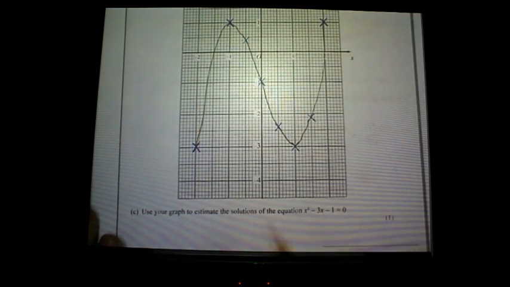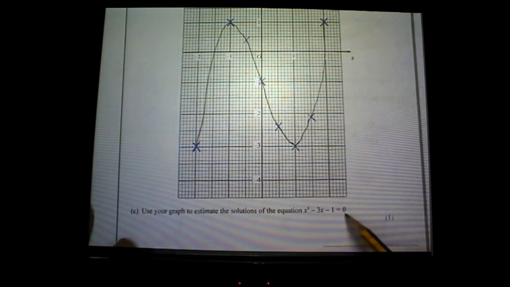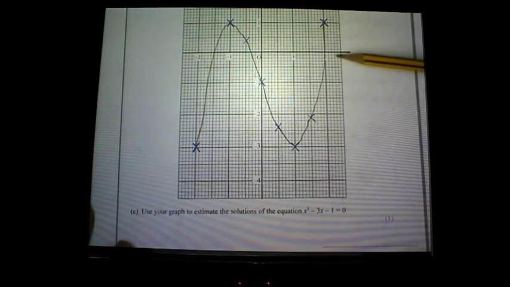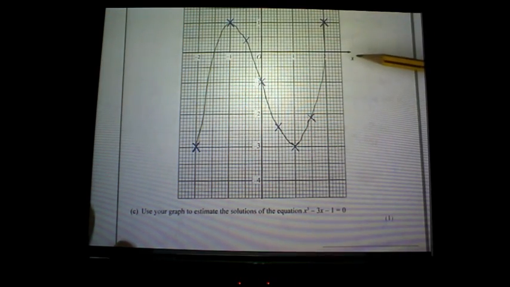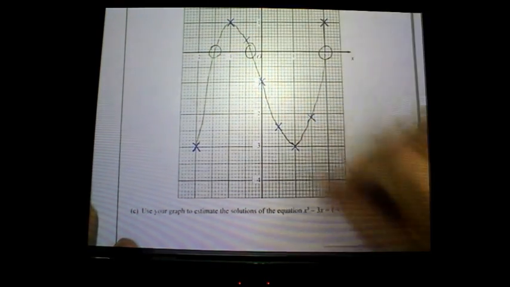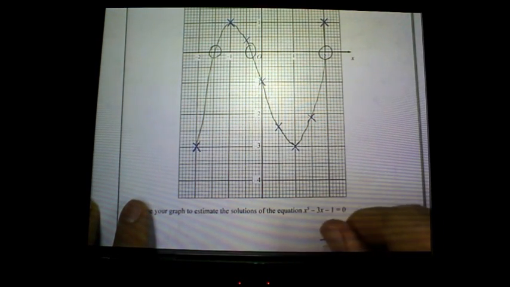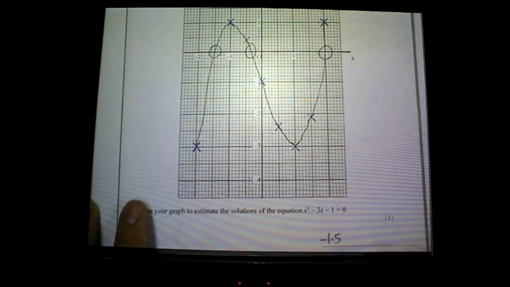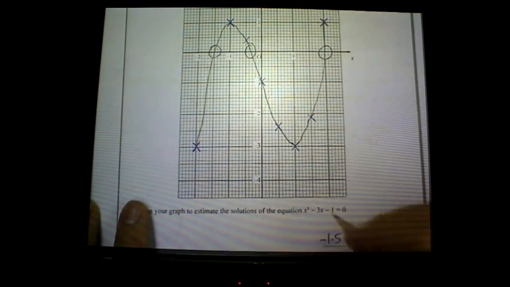Use your graph to estimate the solutions of the equation equals 0. When it says equals 0, it means where does it cross this y equals 0 line here, and it crosses it in 3 places, there, there and there. So you need to say what they are. That is -1.5, that's one of them. The next one I reckon is -0.3,